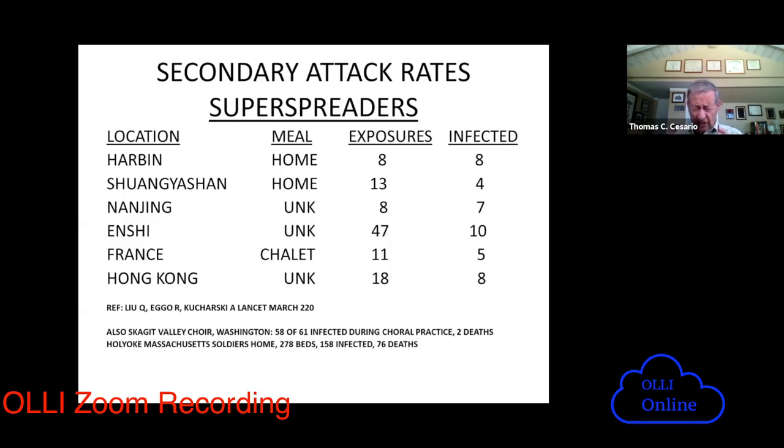Why? Because the environments where you're most apt to catch the virus are small rooms where there's a lot of crowding and a lot of contact between people, and the ventilation is very poor. So when you have that combination of things, you are most likely to get infected. And so super spreaders in that kind of environment are capable of infecting more people than you would ordinarily have anticipated. Next slide.